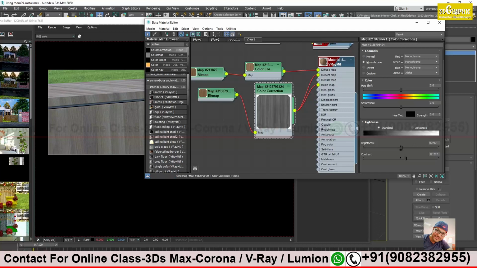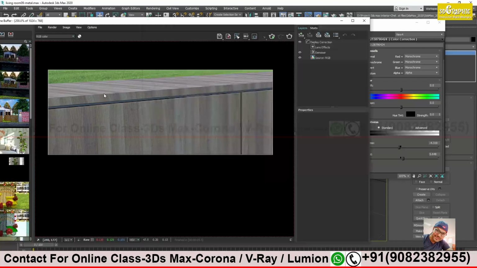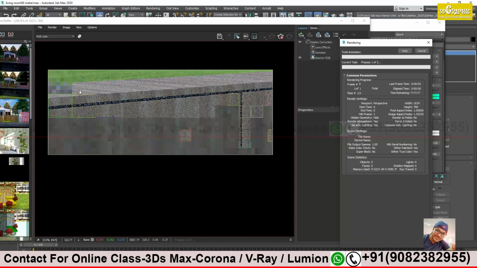Here there is some limitation. I cannot make the brighter areas more bright. You see, this is gray only. So then we have to do it in Photoshop. You have to take care of this in Photoshop, maybe exposure and other things. It should be whiter and the black areas should be blacker. Then you will see the proper variation over here.